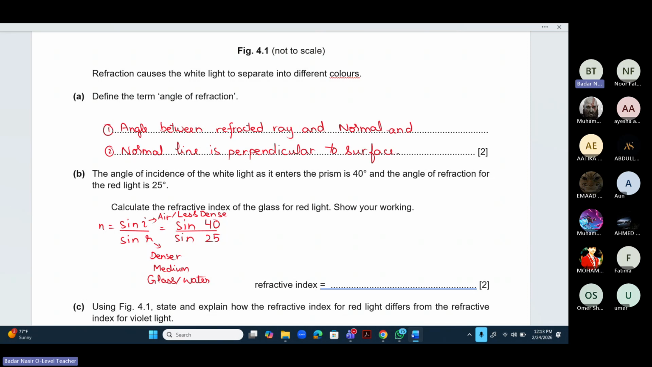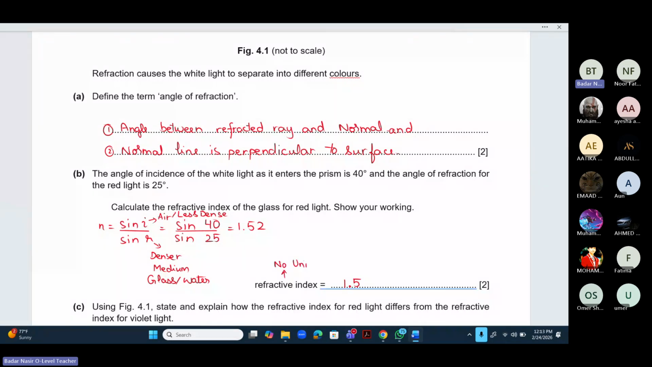Now, if we put the values on the calculator, so what do we get? Sin 40 over sin 25 gives us 1.52 and we have to give the final answer to 2 significant figures. So we will write the answer as 1.5. ठीक है. And the refractive index has